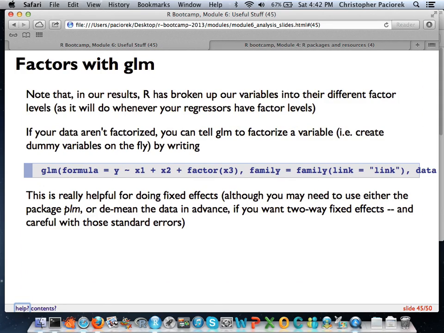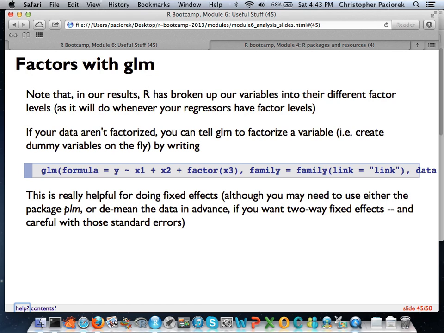Okay, so we've been really bashing on factors this entire day. They're kind of cool, but until now, mostly, they have screwed things up royally. Factors are actually really cool in the LM and the GLM context, especially if you want to do a regression with fixed effects. If you wanted to do it by hand, for race, you'd have a dummy variable for white, a dummy variable for black, Asian, all that sort of thing.